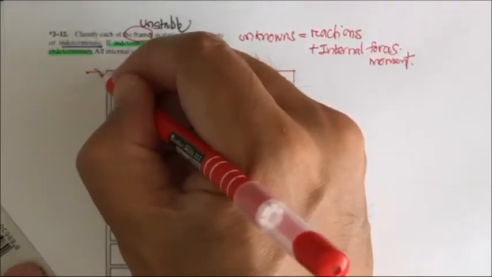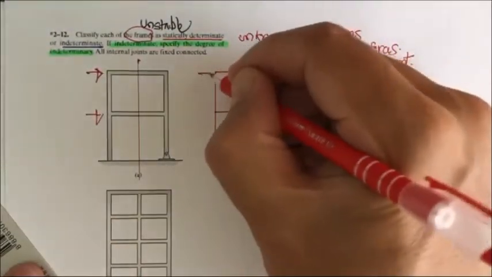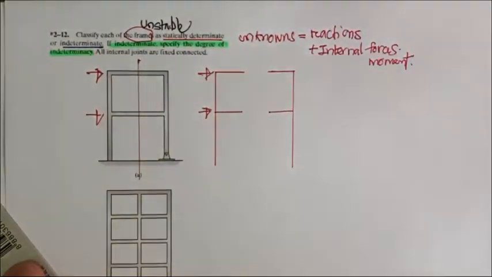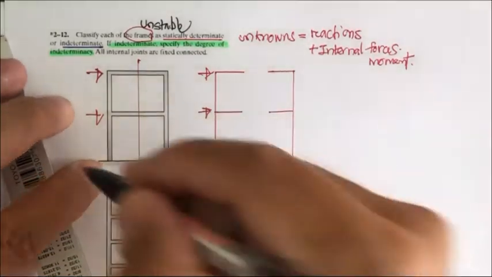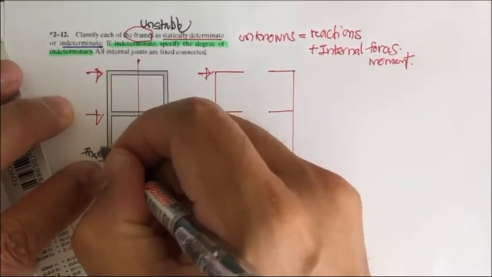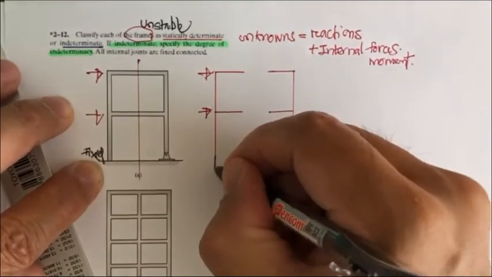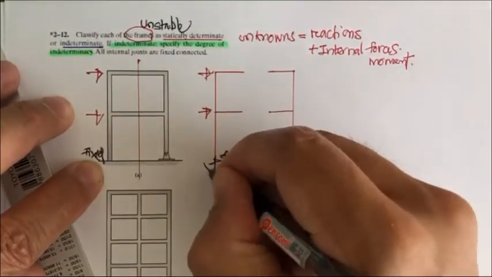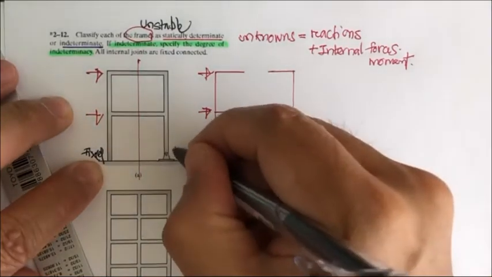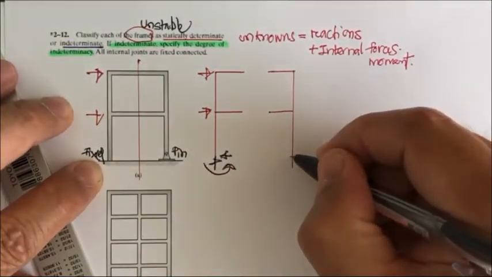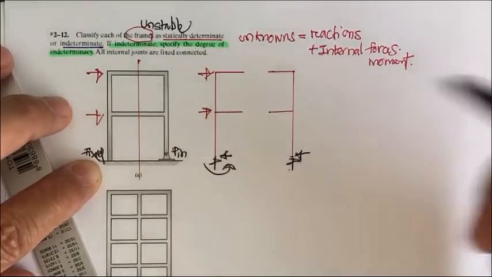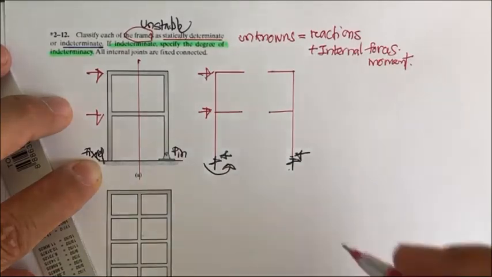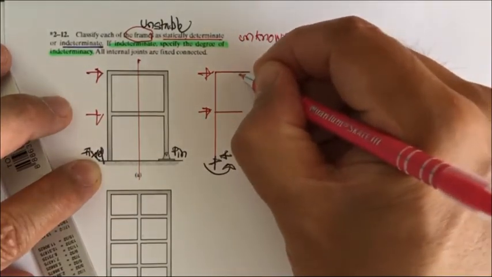What do we have? Under the action of the force, for example, like this, the support over here is fixed. When it's fixed, it's going to have this one, this two, and the moment. And this one is the pin. The reaction here can be two forces. Not only this, due to the beam,